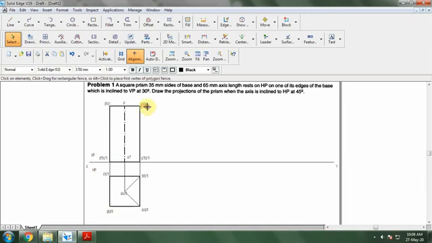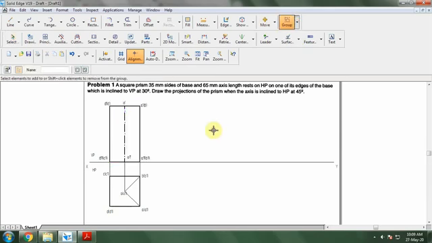So once you've done the naming, the second position, as I said, will always be with respect to the axis, with respect to HP. So I want to make this a group now. I'll click on that and make it a group so that you can easily rotate for the next position. If you are doing it in a sketchbook, you have to select this edge and go for the inclination. The inclination given is 45 degrees with respect to HP.